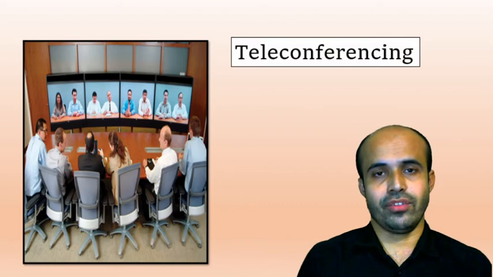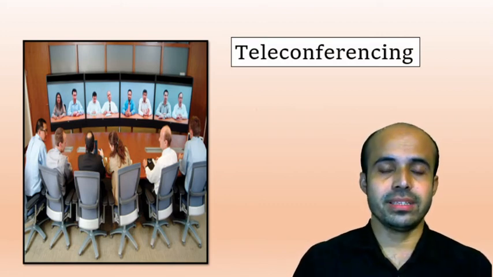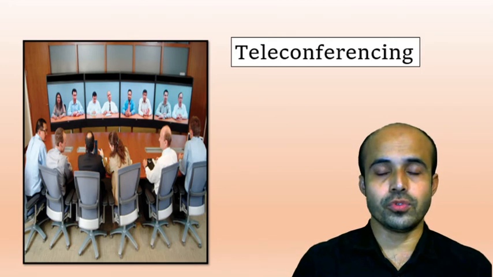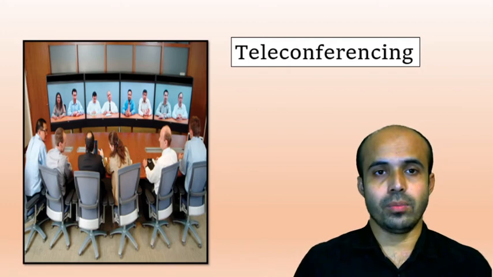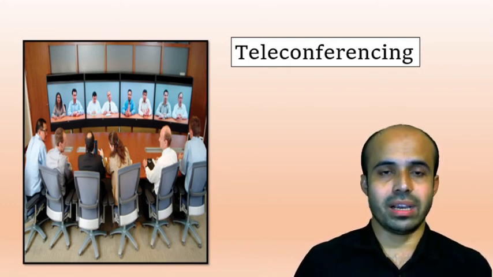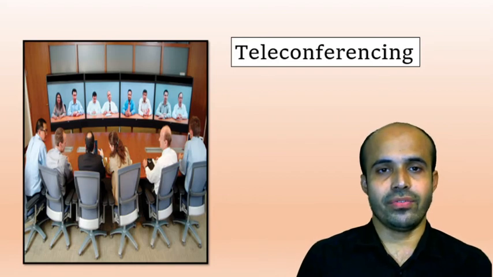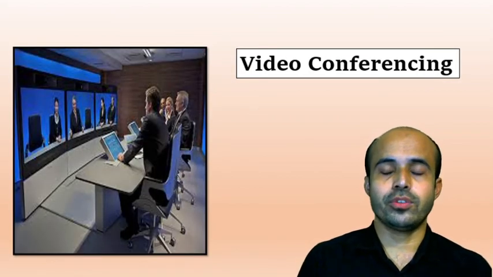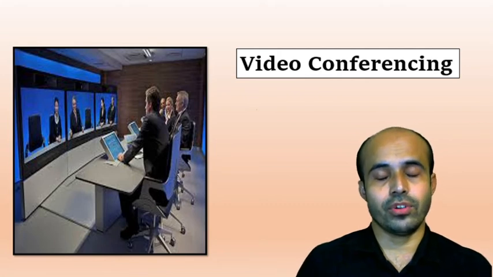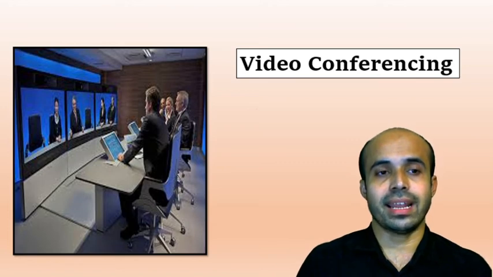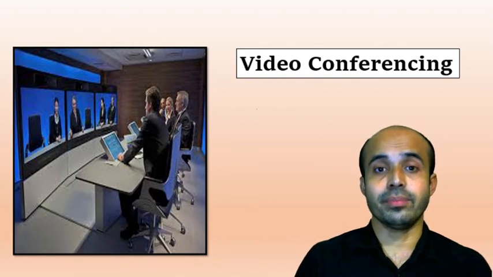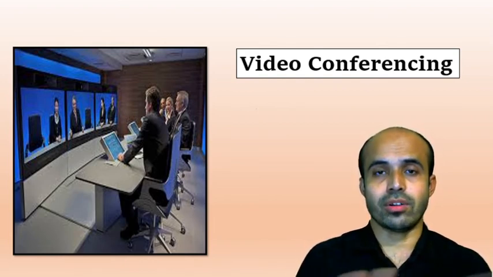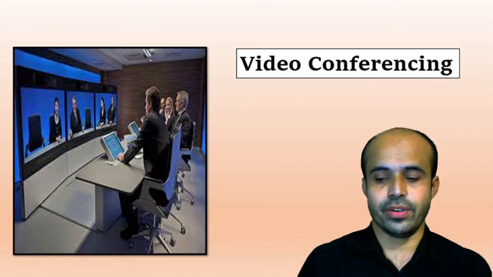And here is teleconferencing. Teleconferencing means sitting at home and holding a meeting through internet service, through mobiles, or through electronic devices. Teleconferencing is of two types: video conferencing and audio conferencing. In the picture you can see 3 or 4 persons sitting there, and another 4 persons on the monitor. So through the video they are contacting each other. This is video conferencing.